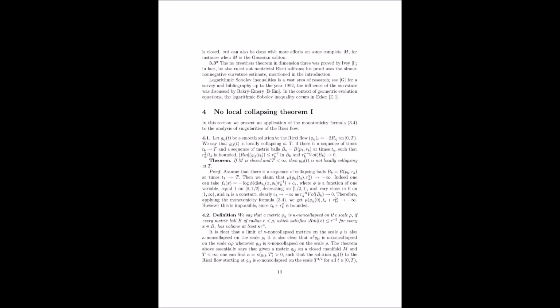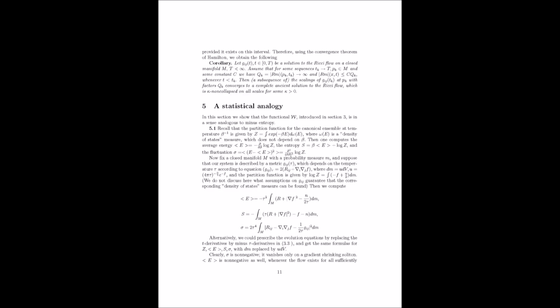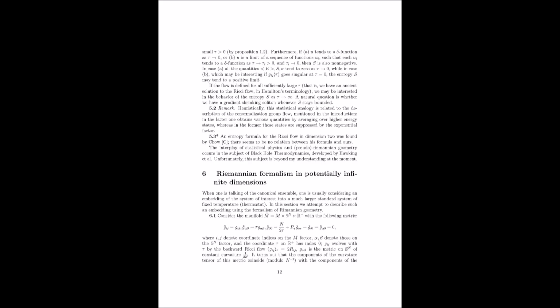So in section 6, Perelman takes this really interesting approach. He embeds our system, the one we've been talking about, into a larger, standard system, using something called Riemannian geometry. Okay, hold on. Embedding systems. We were just talking about smoothing out paper. Now we're embedding things. Can you connect those ideas for me?